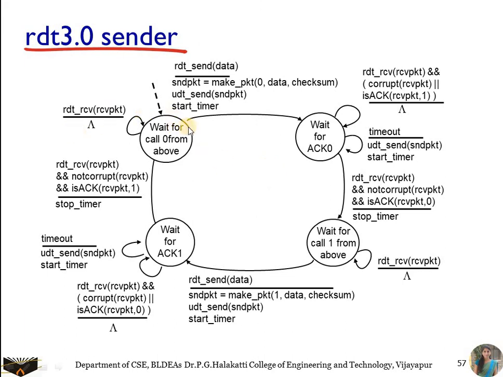Okay, the initial state is wait for the data from the above layer. As soon as you receive the data, after receiving it, you are going to make the packet from the data, and after making the packet, you are going to send it. After sending the data, you are going to start the timer. As it is the sender side, the sender is going to start the timer. The timer is for acknowledgement. That is, suppose we are going to set the timer as 15 minutes. You have sent the packet and you have set the timer for 15 minutes. For 15 minutes, the sender will wait for the acknowledgement. If it does not receive the acknowledgement, then it is going to retransmit the packet which it had sent earlier.